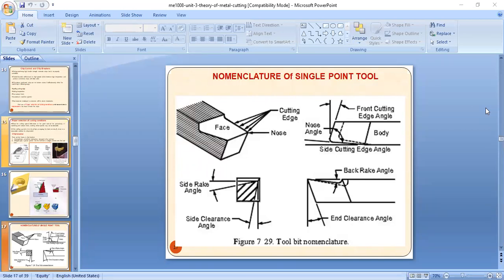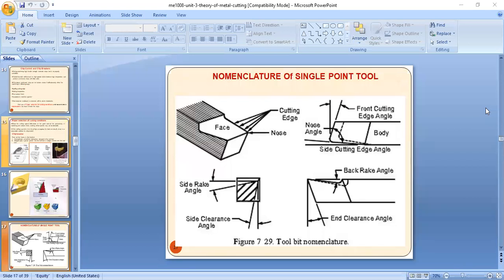So next one is the clearance angle, the end clearance angle, and the back rake angle. Here the back rake angle is a very important concept. And what is rake angle? Rake angle is the slope of the tool face, and it is formed between the tool face and a plane parallel to its base. You can see the diagram itself. Before going to the significance, we'll first look at what the back rake and side rake are.